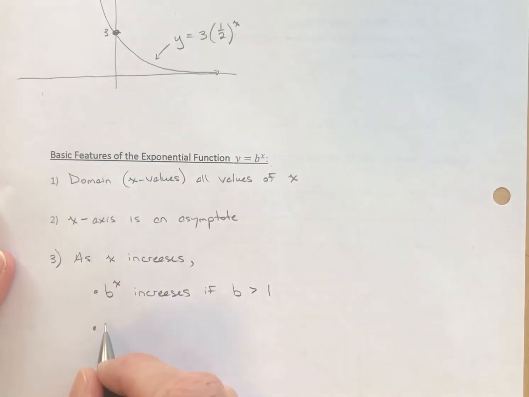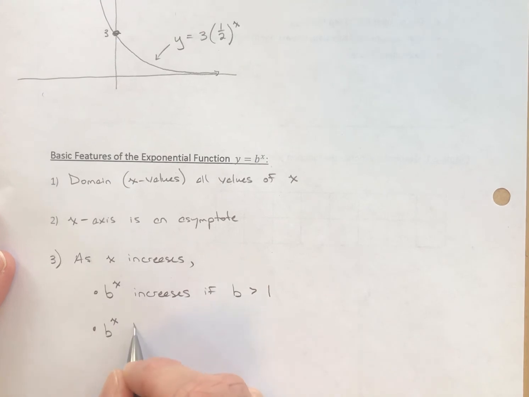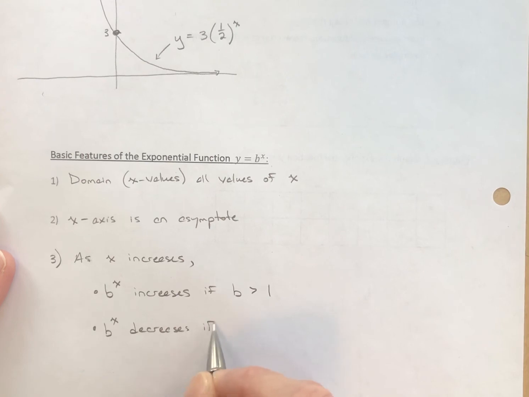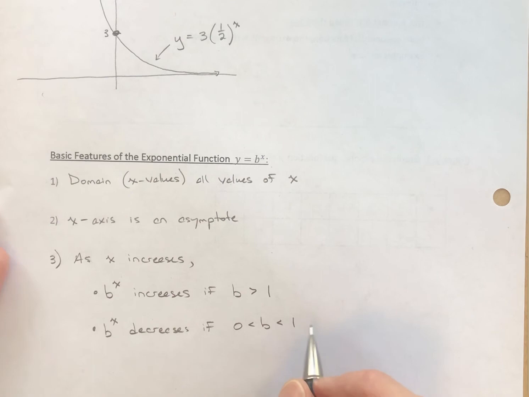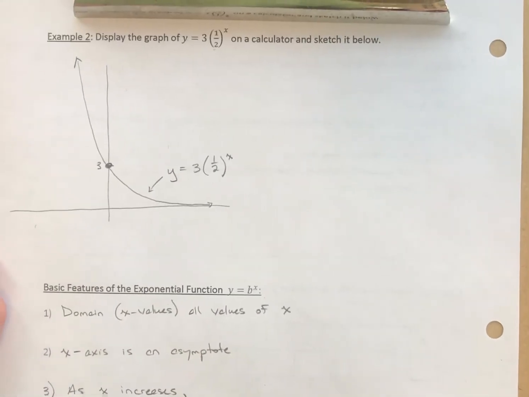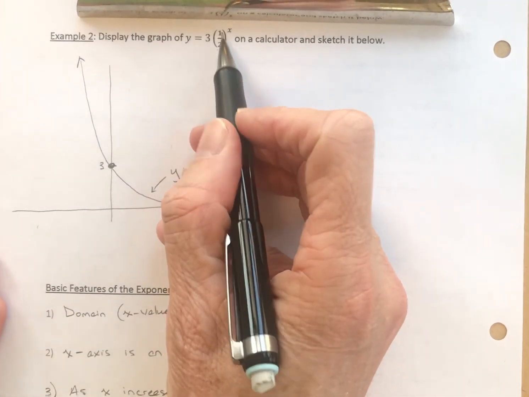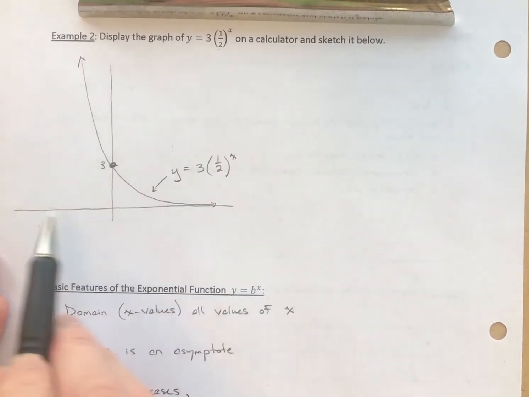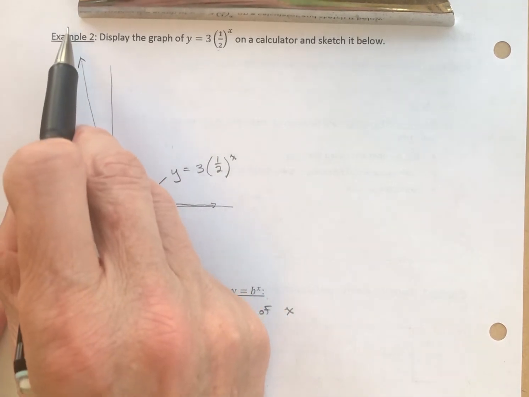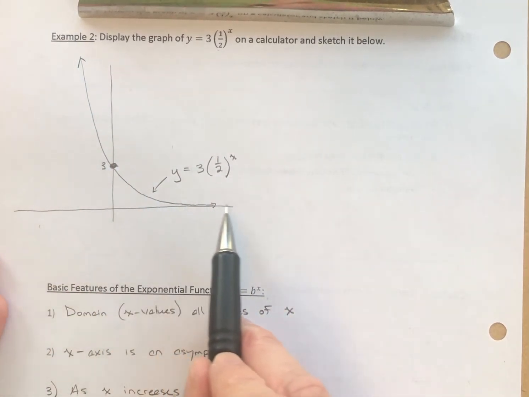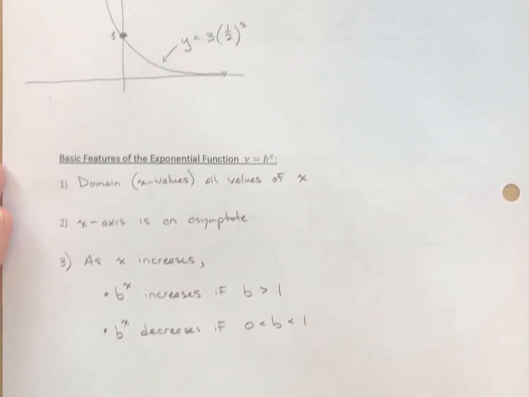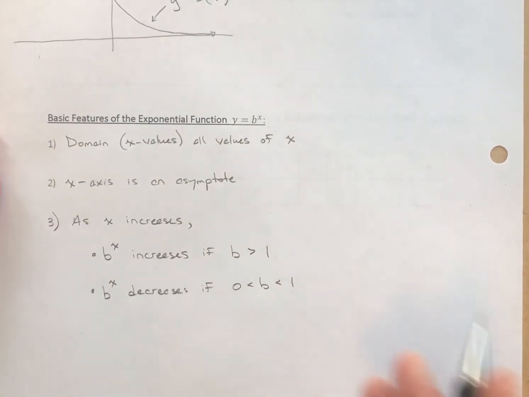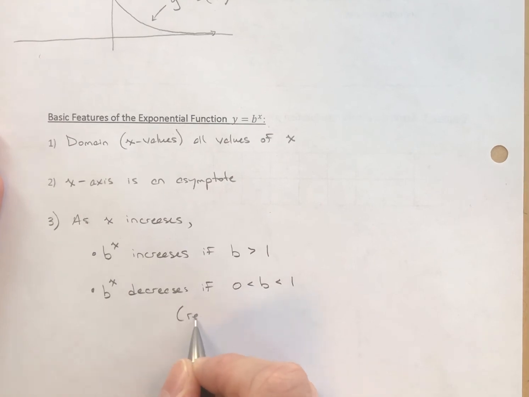As x increases, b to the x will decrease, the graph will decrease, if b is between 0 and 1. So we're back up to here. In this case, our base is 1/2. And we'll notice that as x is increasing, going from left to right, our graph is decreasing. And we'll put a little note here to recall, we want to remember